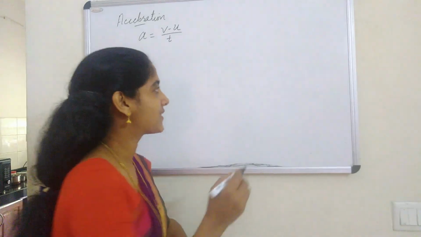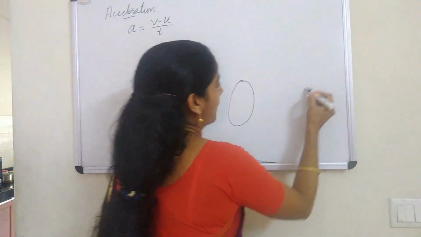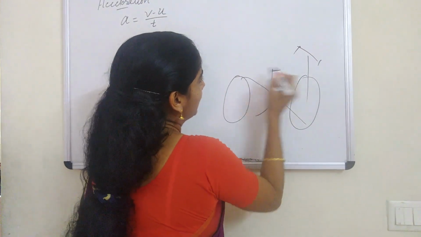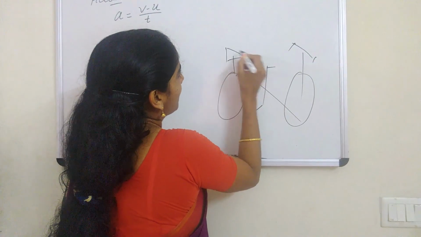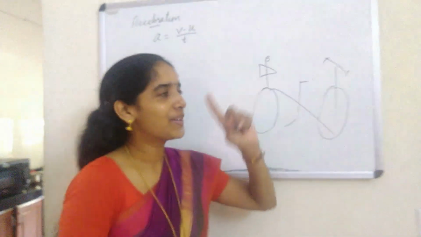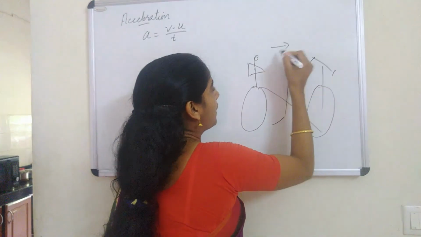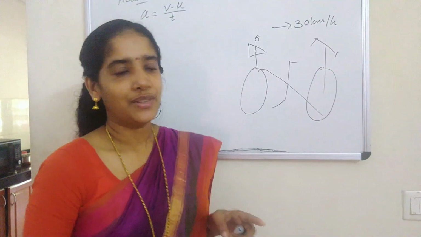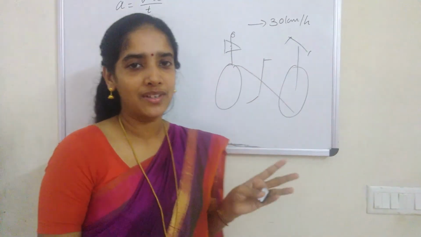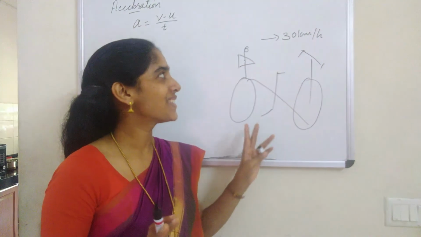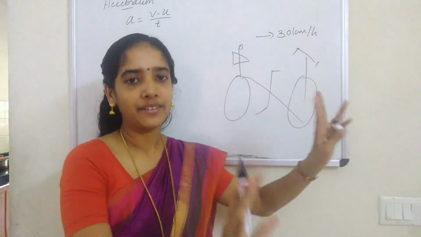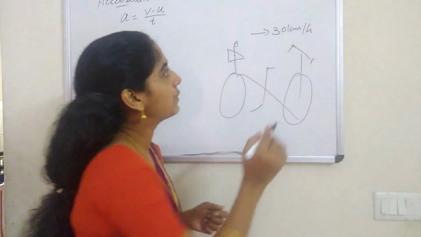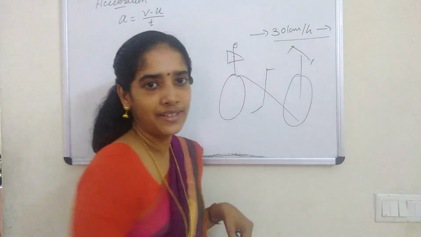Okay, so for that, imagine that you are riding a bicycle. So let me draw a bicycle here, okay? And you are here. Suppose you are on the way to your school and let your speed be 30 km per hour. Imagine that we have enough time to reach the school, so you will be at ease, right? And suppose you are going at the same speed and in the same path. Imagine the path is straight. That means you are going at a constant velocity, right?